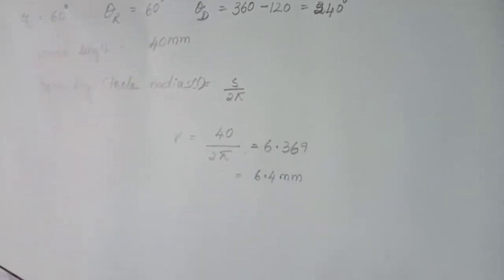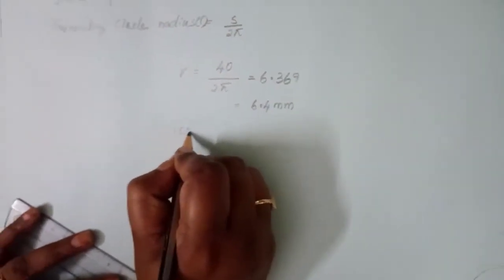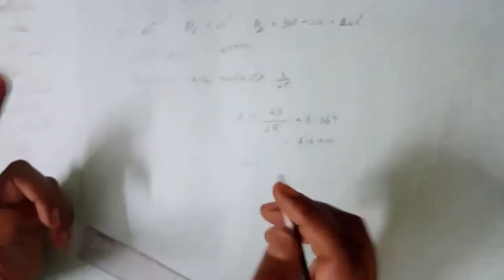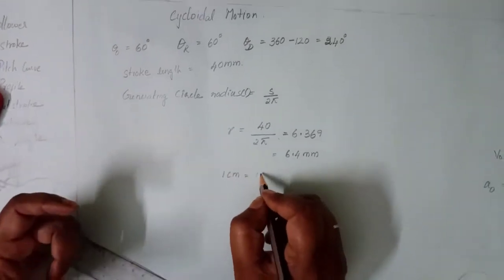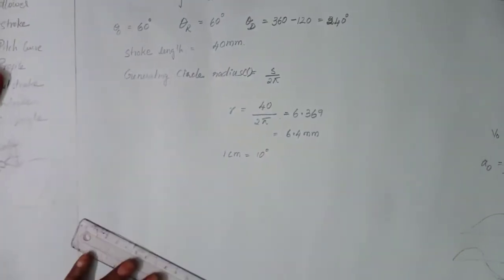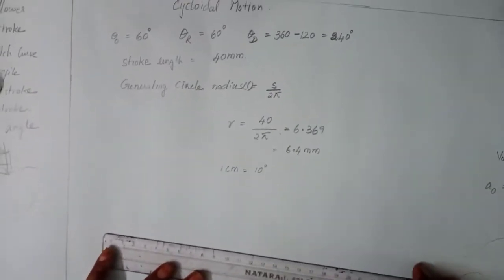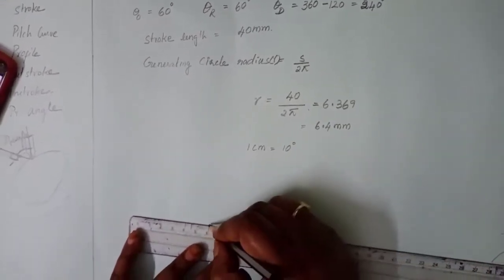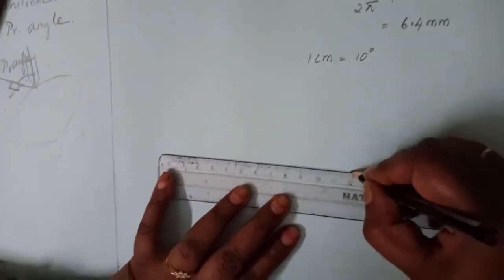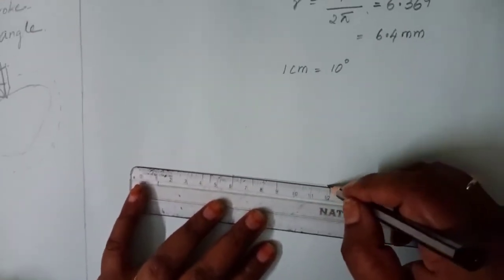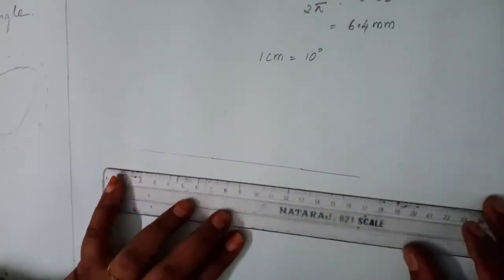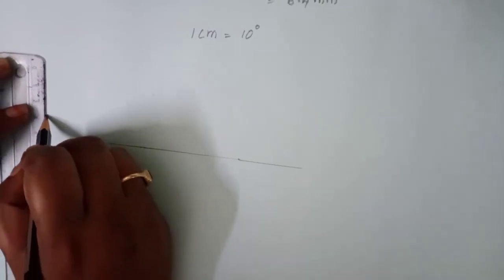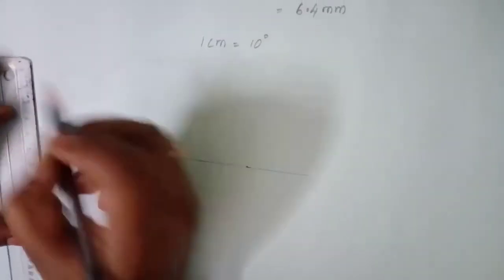While drawing the displacement diagram, as I already told you, take 1 centimeter equal to some value. Here both outstroke and return stroke are small values, 60 degrees and 60 degrees, so I am taking this as 10 degrees. Now I am starting the displacement diagram. First 60 degrees, 6 centimeter outstroke. Then the next 60 degrees, 12 centimeter, a continuation of this. The remaining need not be drawn fully; draw some length and leave the rest. Now make the stroke length as it is, 40 mm.